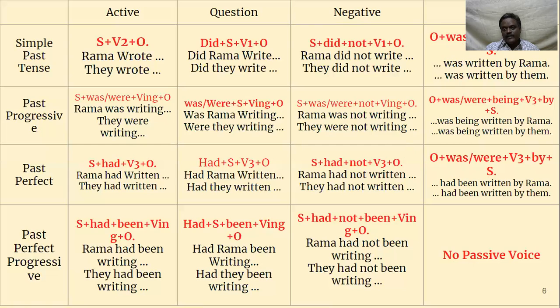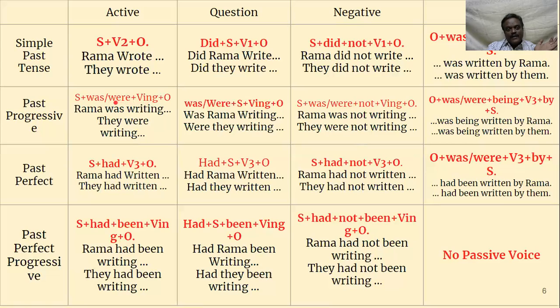There is no need to get confused. Learning tenses is actually very easy, but we have to be a bit careful. Once we learn present tense rules, almost all the rest is the same. I'll tell you past progressive. What is the formula for present progressive? It is subject plus be form plus verb form. Here also, be form plus verb form.